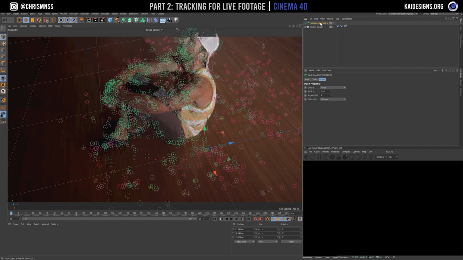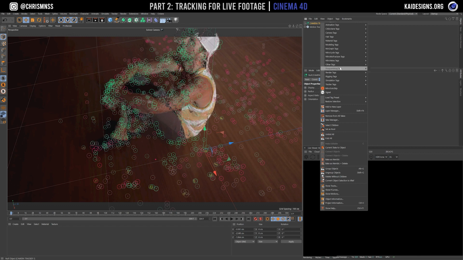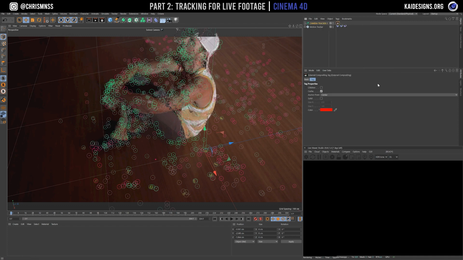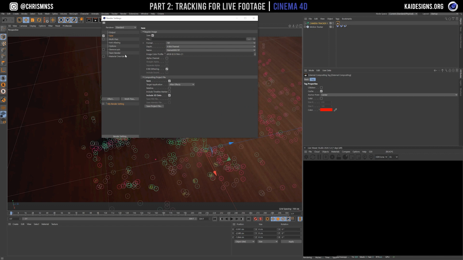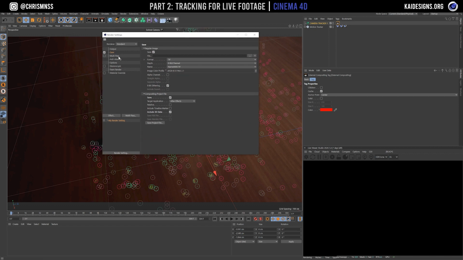Now here's the trick. You got to go ahead and right click, go down to your render tags and select an external compositing tag. This allows you to bring that into After Effects and hit File, Save Project, and then you could do this a couple different ways. I think the old method was if you went in here and in your save options under your render settings, there was a compositing project file that you can hit save, select After Effects, or Nuke,